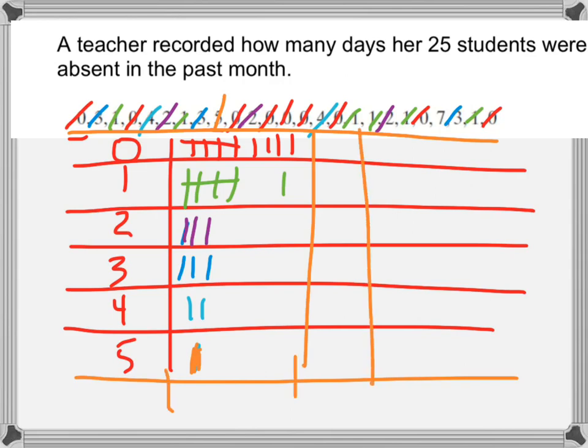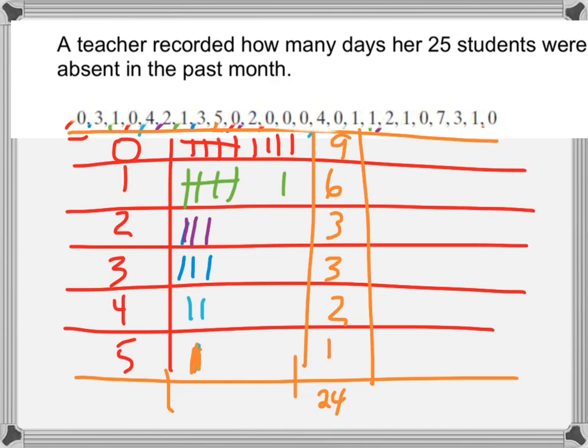So I have 9, 6, 3, 3, 2, 1. So 15, 18, 21, 22, 23, 24. So I should have 24 points all total. And if I go back and check that, that should be the same, okay? So this is my frequency. Now my cumulative frequency,